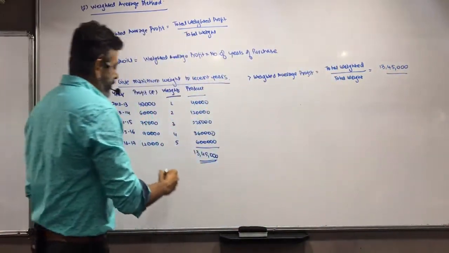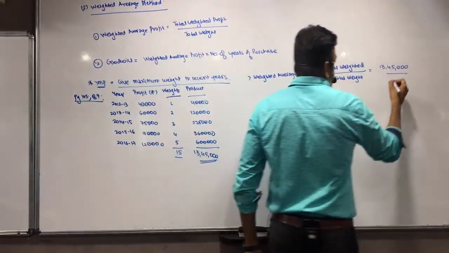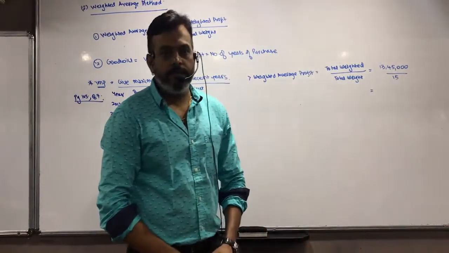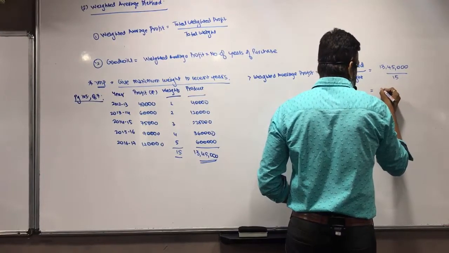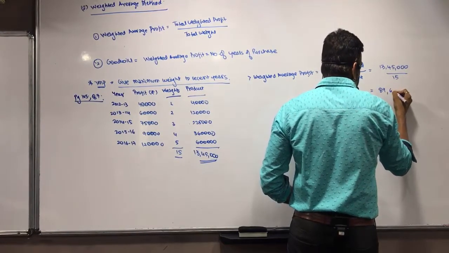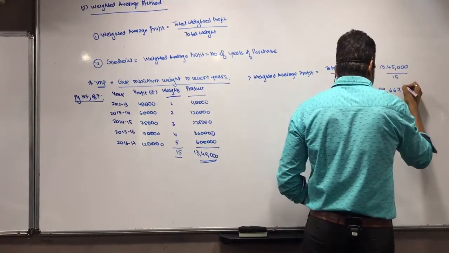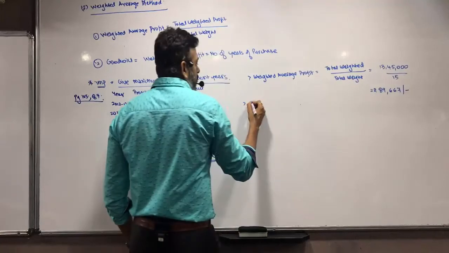What's the total weight? How much? 15. So 89,667. Okay, so 67. Now, therefore, goodwill